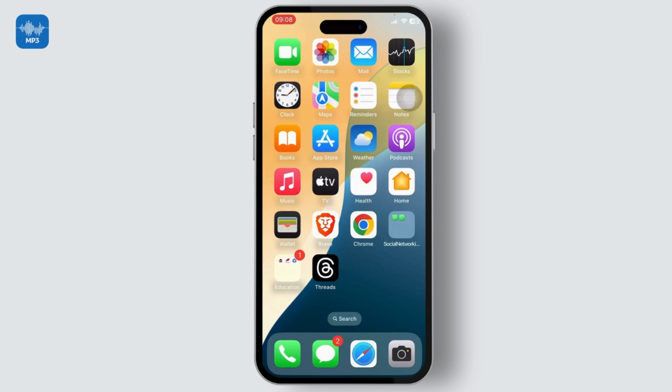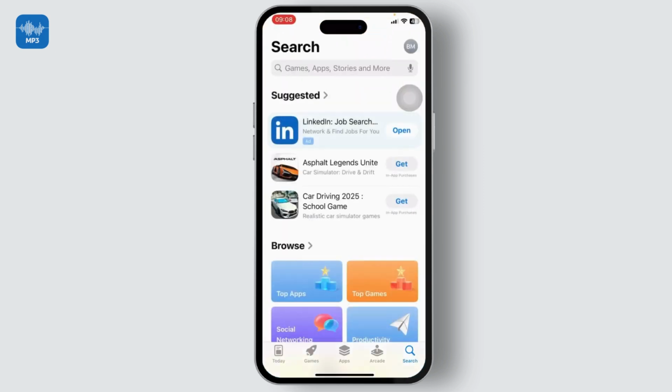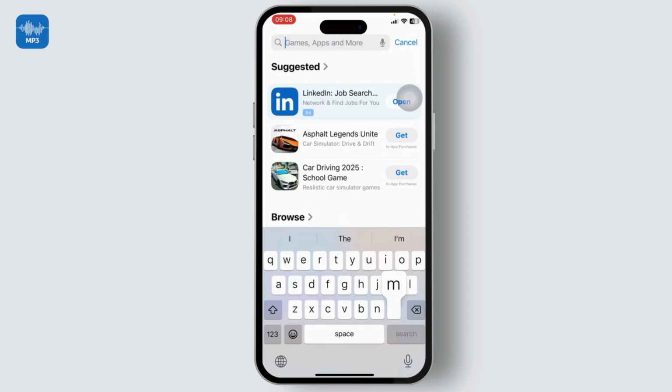In today's video, I'll teach you guys how you can download the Mp3Juice app. Now, the Mp3Juice app is a really cool app where you can download different MP3s. So let us begin. So the first step is head over to your app store and then simply search for